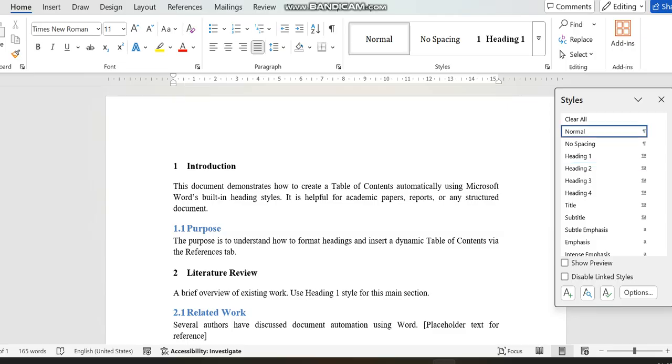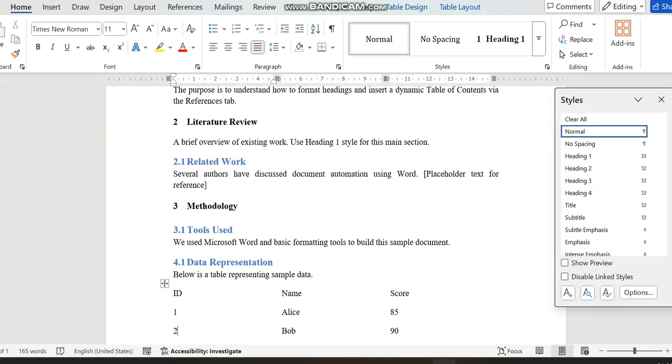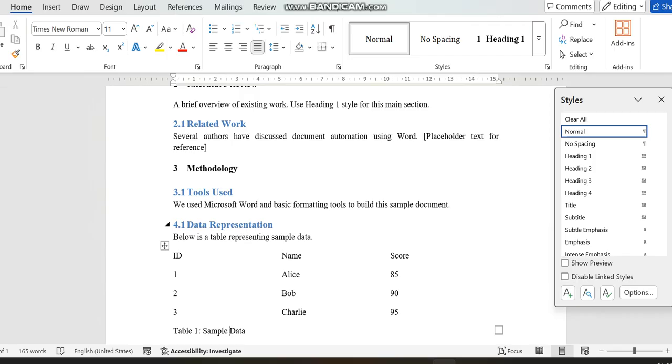Here Normal is already clicked. If it is not clicked, you can click this and then move to Normal. Then all Heading 1 is given as 1. Chapter 2 means 2.1, chapter 1 means 1.1. Likewise it is aligned. So regarding this, everything is done, but here if you notice,